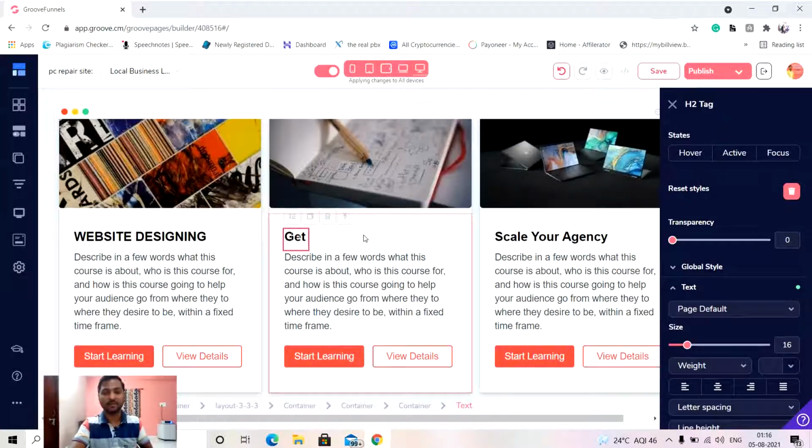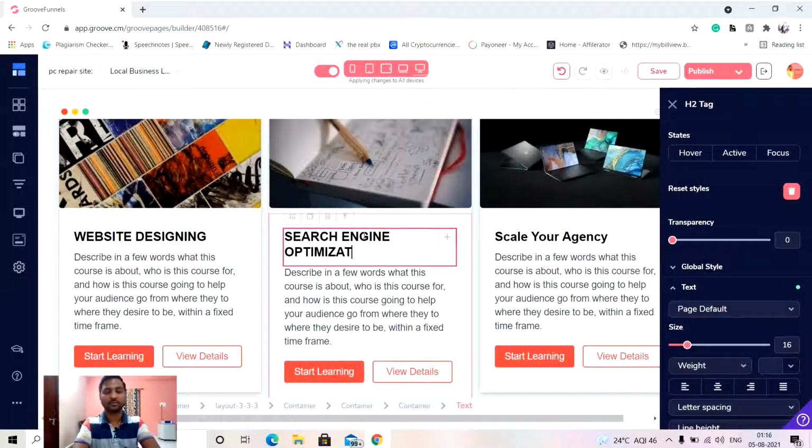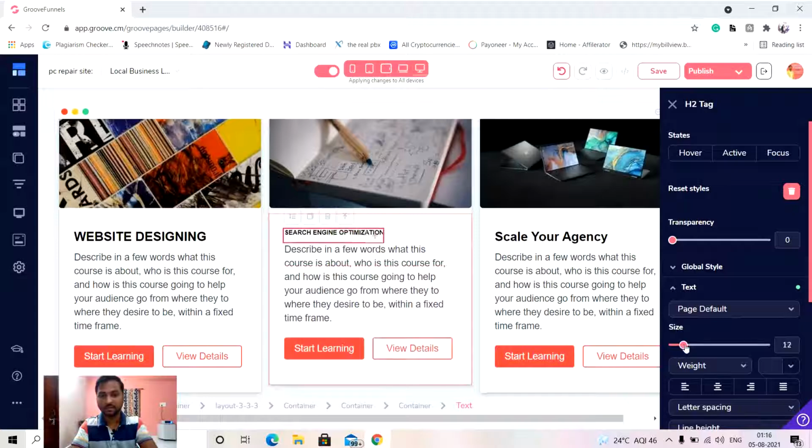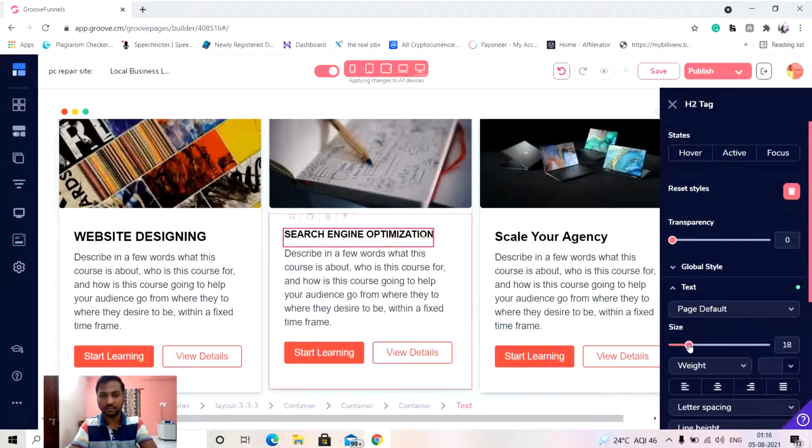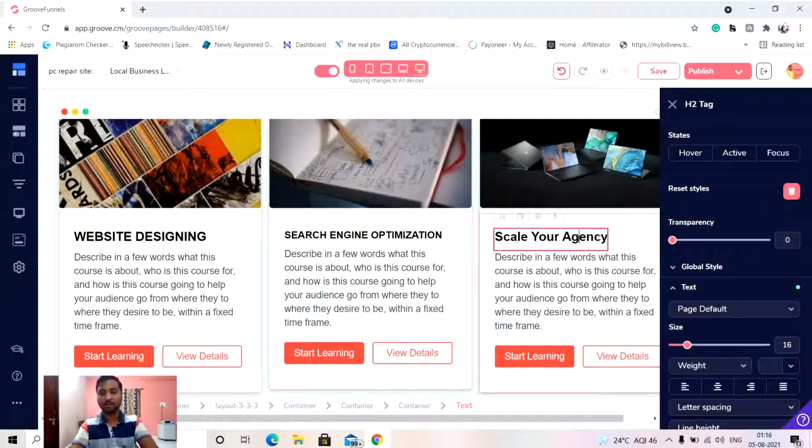Then apart from website designing, you can go ahead and add search engine optimization. You can make the text size a little bit smaller, so that it will be optimized according to the block.